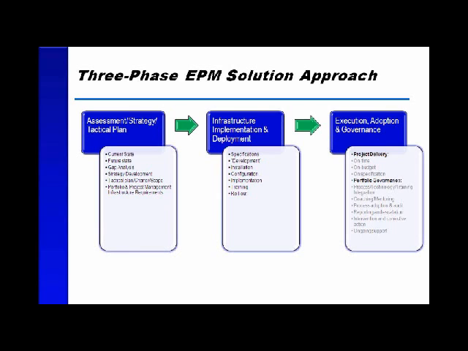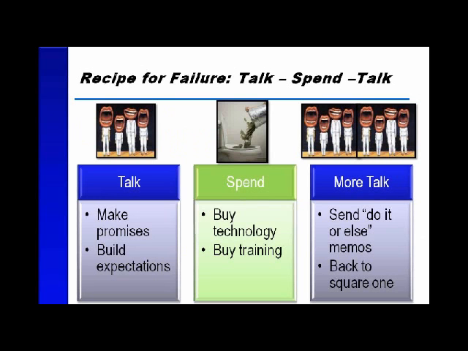In terms of these common problems, as I mentioned, we see the preponderance of the spend really happening in column 2. So instead of spending significant time in the first column, we see a lot of promises and expectation building, really not a lot of time, effort, and investment in that first assessment column. We then see the preponderance of the spend in column 2, buying technology, buying training. I'm often hearing we'll get to the process later, or we already have process, we'll just tell people to use it. And then really once that implementation is put in,